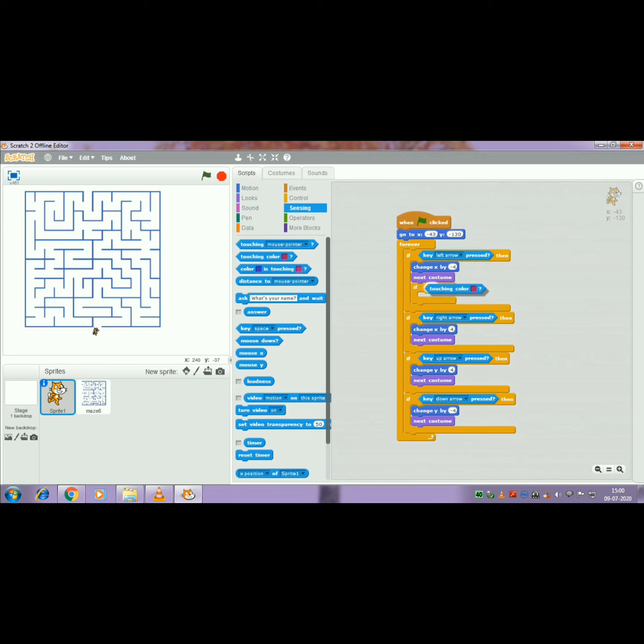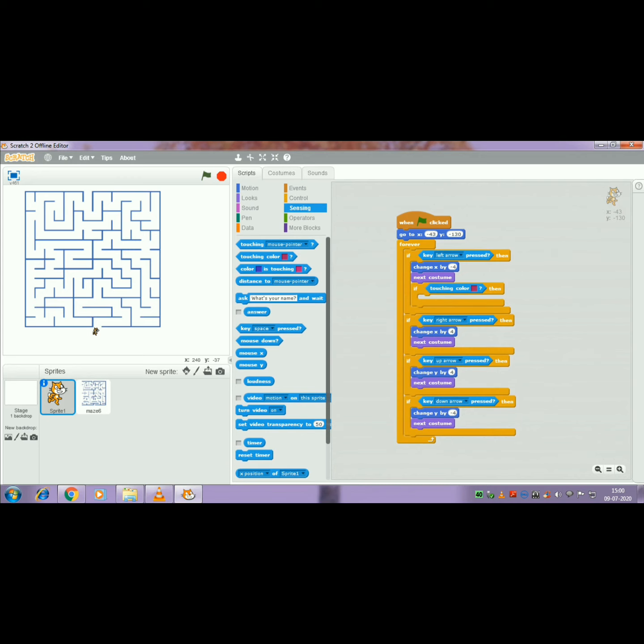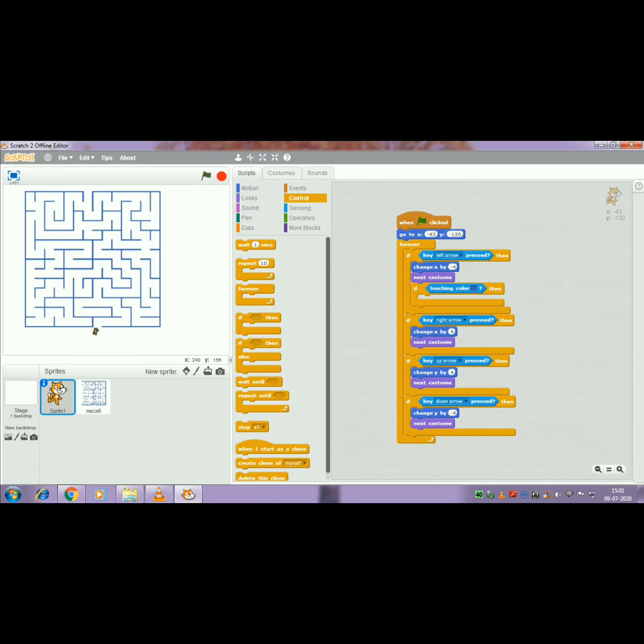So in the light blue sensing category, grab this touching color block. We want it set so that if the cat is touching the blue maze color walls, we will have to change this color by clicking on that color square and then clicking on the blue of the maze walls.